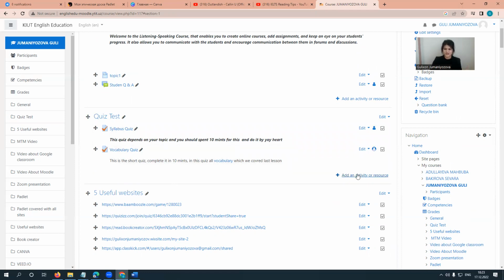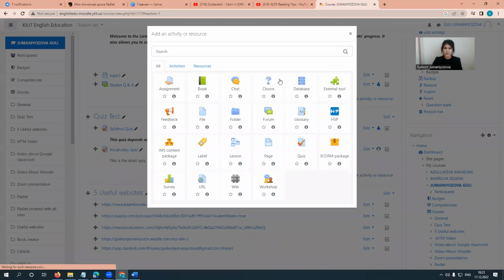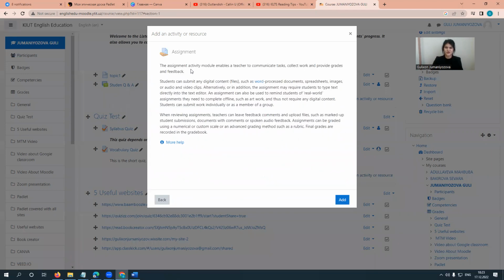It's a really interesting question for everybody. When we click add an activity or resource, we have more assignments, activities, and resources in this place. When we click this button, you see the description of your activities or assignment. This assignment is an activity module and enables a teacher to communicate tasks, collect work, and provide grades and feedback